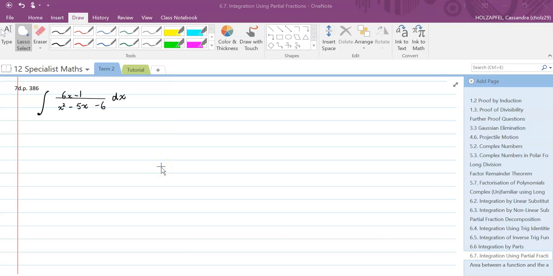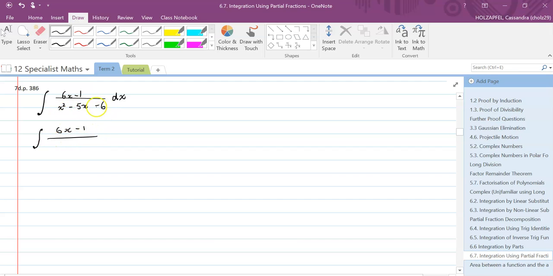This is a little bit more complex than the last couple of examples that we've used doing integration using partial fractions. But really, it's not too much trickier than the previous problems we've solved. The only thing that we need to make sure that we do is to factorize this denominator here so that we can find each of those partial fractions. All right, so to